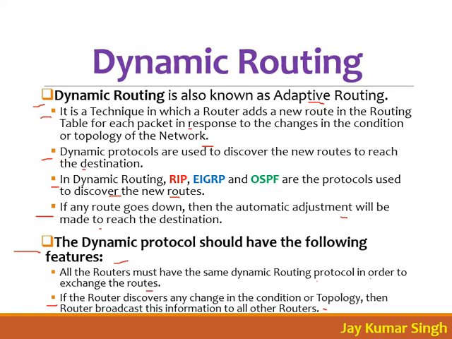See here, the same dynamic routing protocol must be there to exchange the route. This is the default. But what happens if RIP wants to communicate to EIGRP? This is saying that RIP can only communicate to RIP. RIP cannot communicate to EIGRP. Later we'll see how RIP can communicate to another routing protocol, but that is different. We are going to learn about the default now.